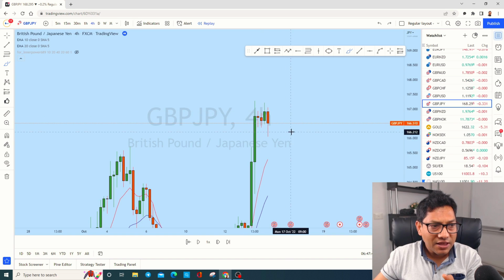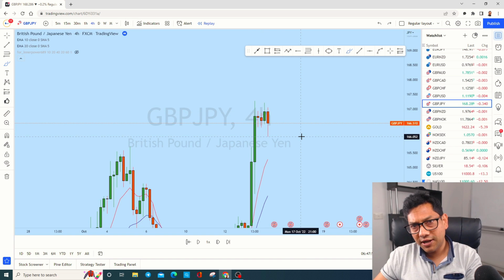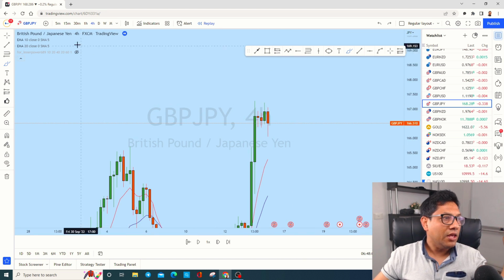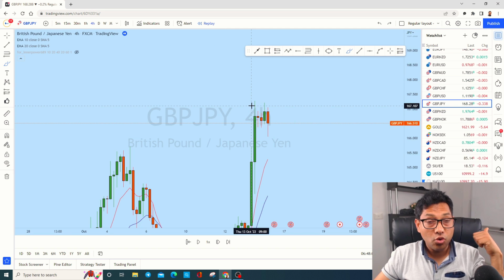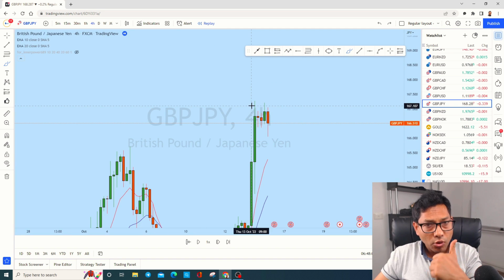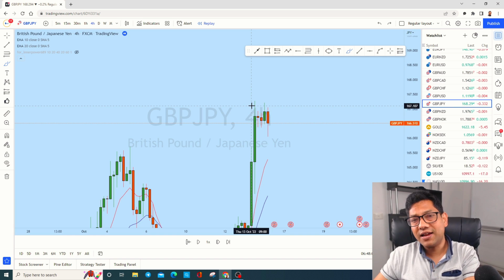If you trade in the pullback, then you will be trapped either in a sideways market on the lower time frame, or in a very difficult situation, because this is the higher time frame. You will be scalping in the lower time frame, but do not open any position in the lower time frame when the market is in a pullback in your higher time frame.